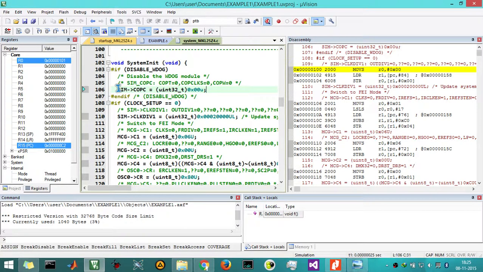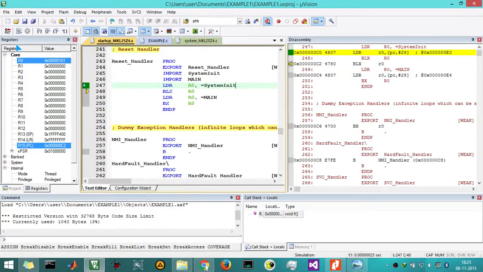So this C statement is equivalent to these three assembly instructions, and this is located at the location 0x100. Now our program will start executing from this point of address line.